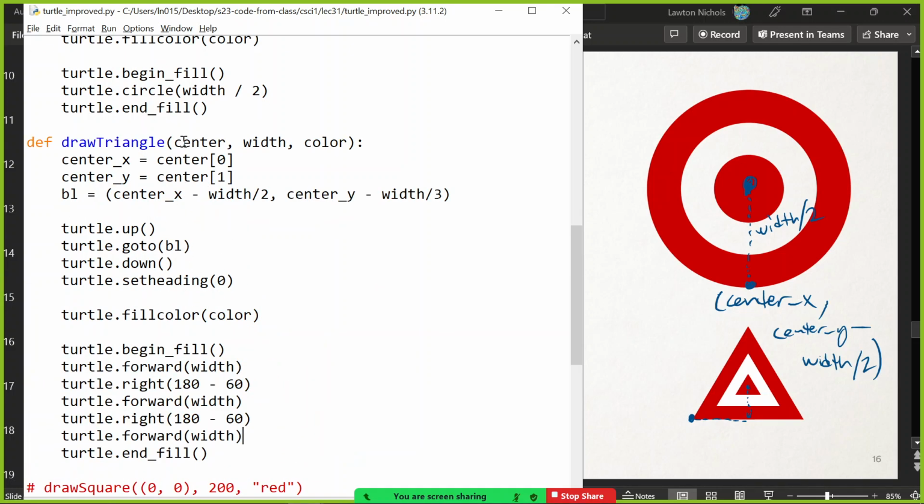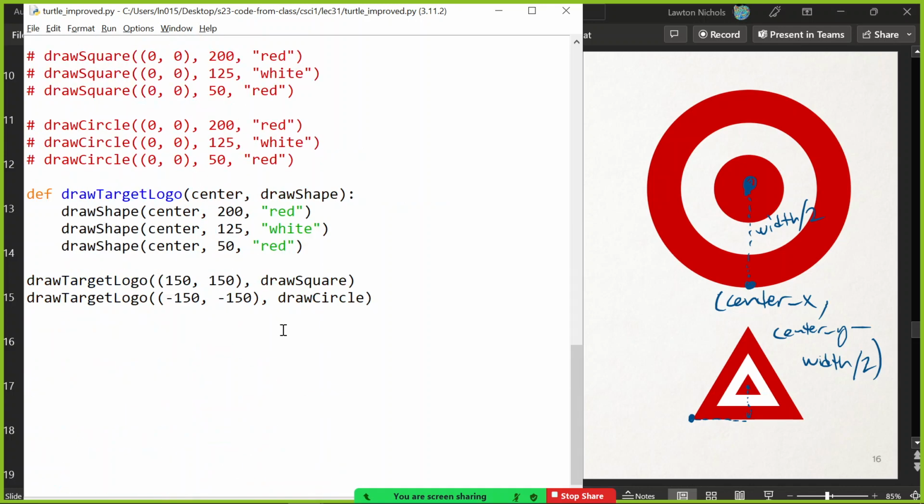Let's draw a triangle with a certain center, width, and color. And then, of course, we can draw a target logo with that idea in mind, using draw triangle as your shape drawing function. The center of this triangular target logo, we can put at 0, 0.